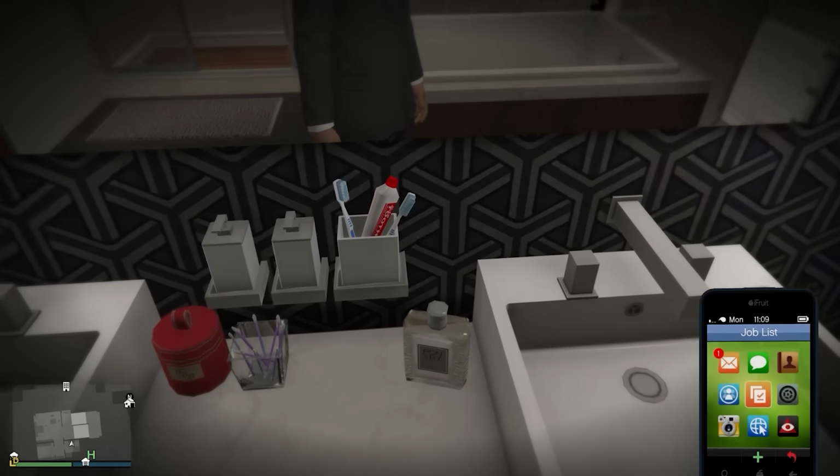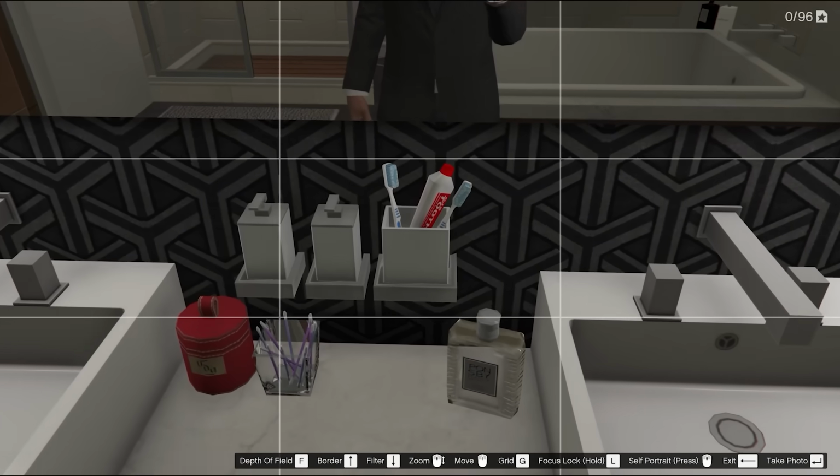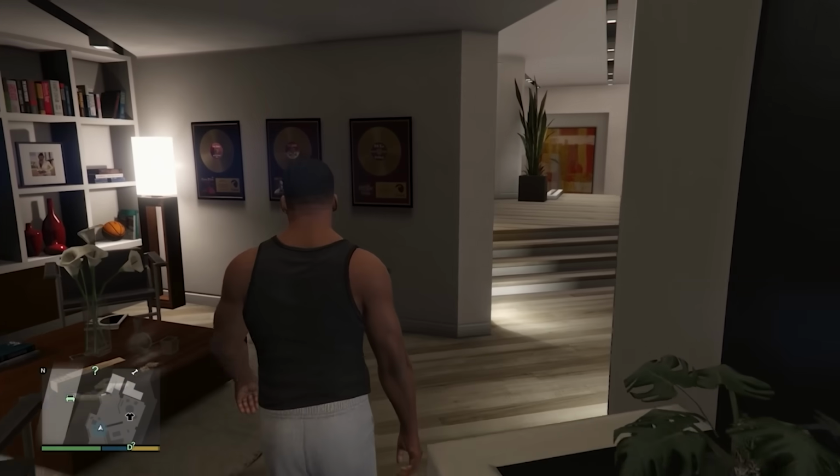In many apartments in GTA 5, if you go into your bathroom, you'll see your toothpaste there, but the toothpaste says CJ's toothpaste, another reference to San Andreas. In Franklin's second house in Vinewood Hills,